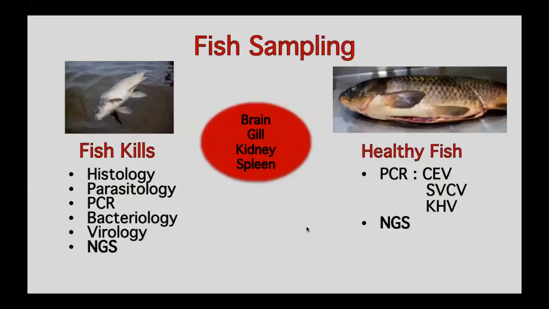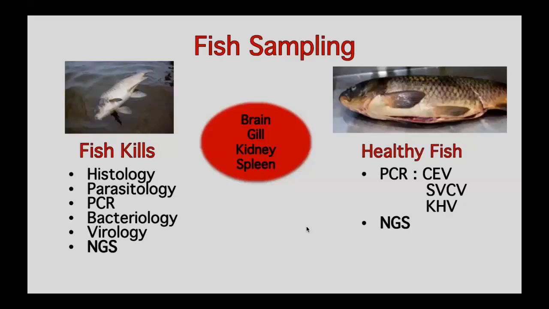So again, for fish kills, we used a lot of different methods, but what we found out through the course of the study is that getting good samples from fish kills is actually really difficult. A lot of times you're going to get them, and for lack of a better word, they're already rotting. So those tissues aren't going to be good for histology, and rarely are they going to be good for parasitology, bacteriology, or virology. These pathogens kind of require a living host because that's what they're using to replicate. That's their system that they live in.